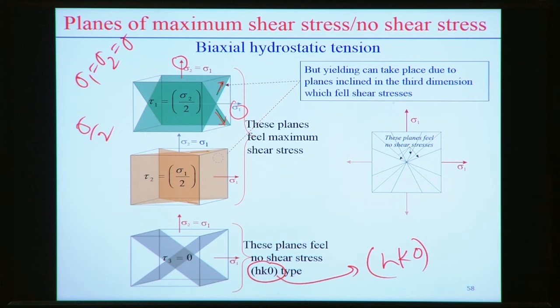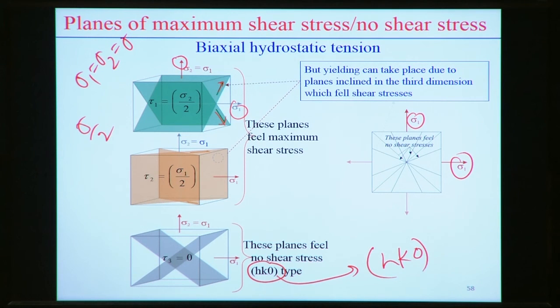But if we investigate overall, when it is subjected to sigma 1, both equal biaxial stress state, or both the x and y axes having a similar amount of stress, then we can find out the planes. There are several planes that have no shear stress, but some other planes are subjected to the maximum shear stress value.